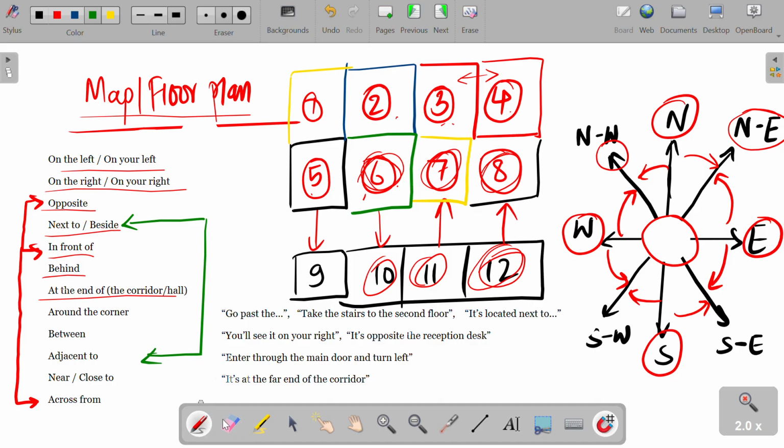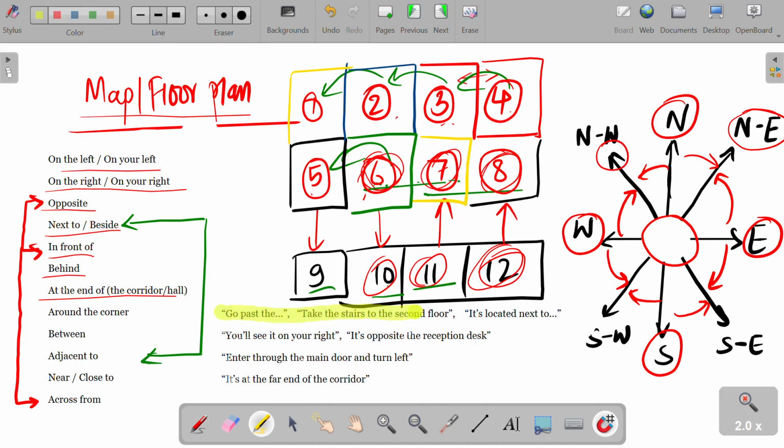So for example, 1 is next to 2, 3 is next to 2, 4 is next to 3, 6 is next to 5, 6 is adjacent to 5, 7 is adjacent to 6, 8 is adjacent to 7, 10 is adjacent to 9 and 11, right? So these kind of words can be used in these ways, and there are certain phrases they keep on using: